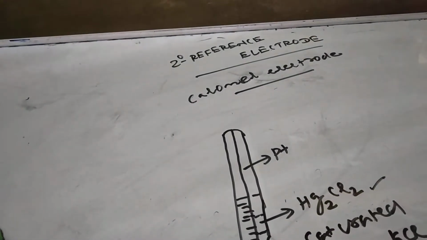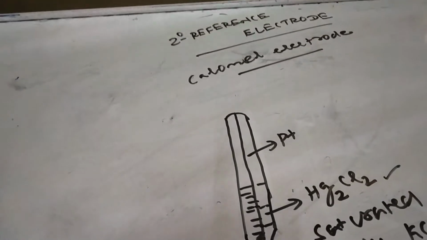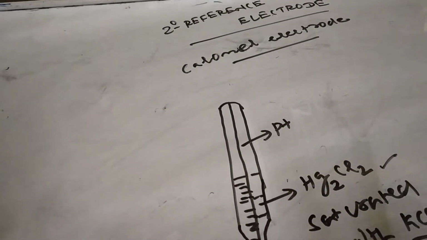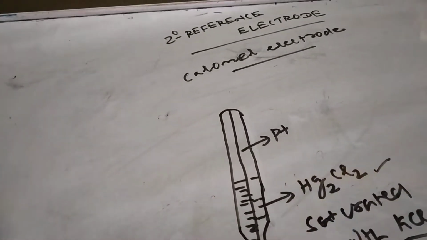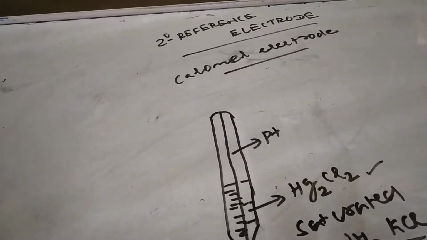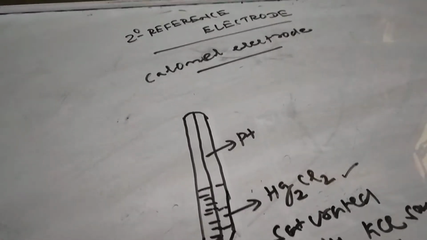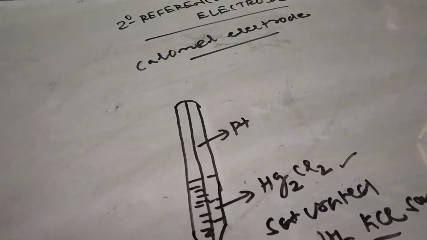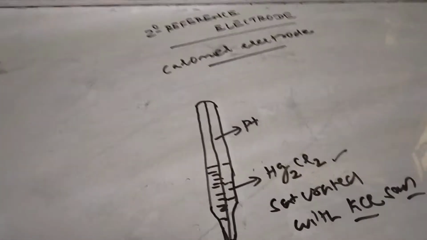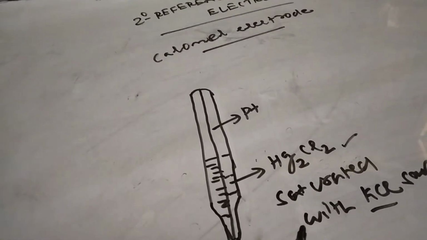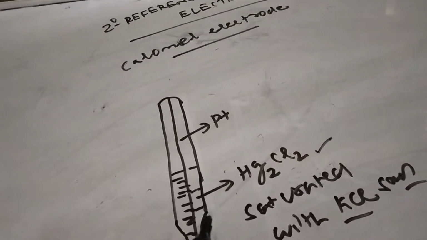Instead of saturated KCl, if you take 1N KCl, then also it is a Calomel electrode, but with a different known electrode potential value. If you take 0.1N KCl you will get another electrode potential value. I will tell what the electrode potential value of it is. First of all, I will tell how the reaction goes on if you take this Calomel electrode as an anode. Here the mercurous chloride is also packed with a little amount of mercury.